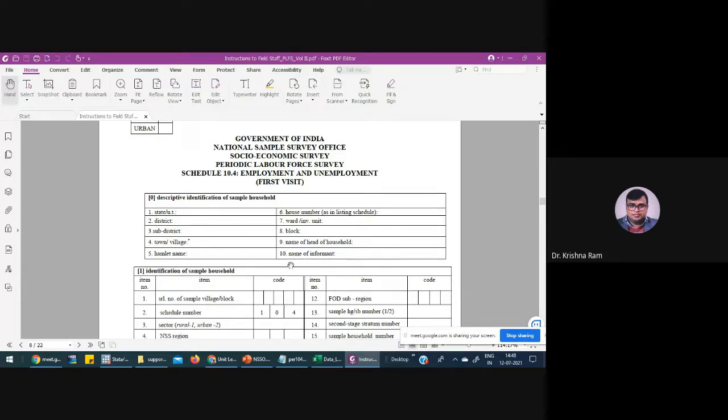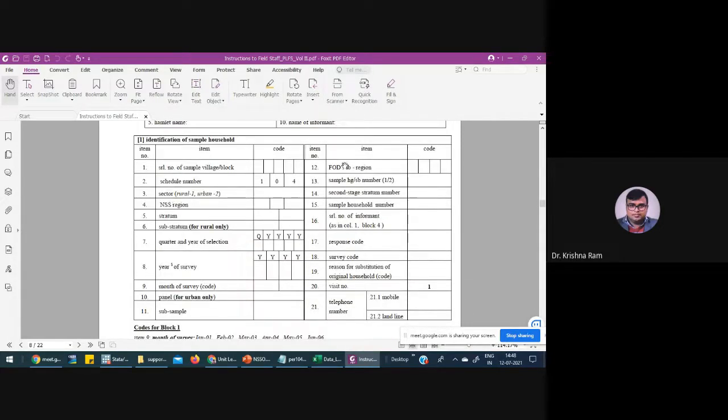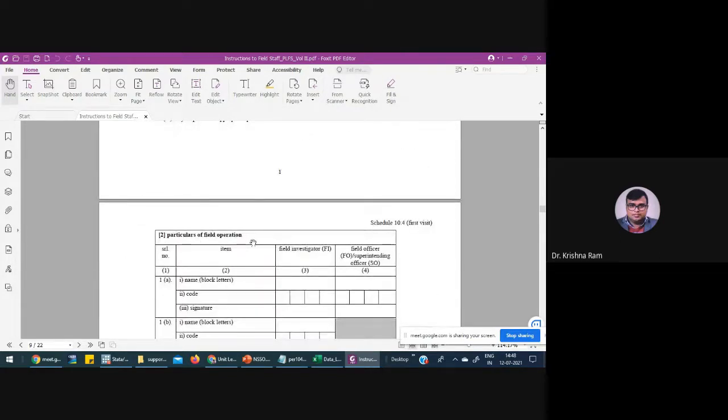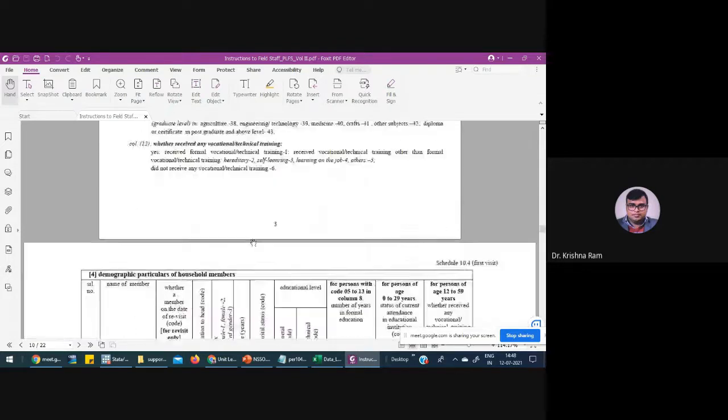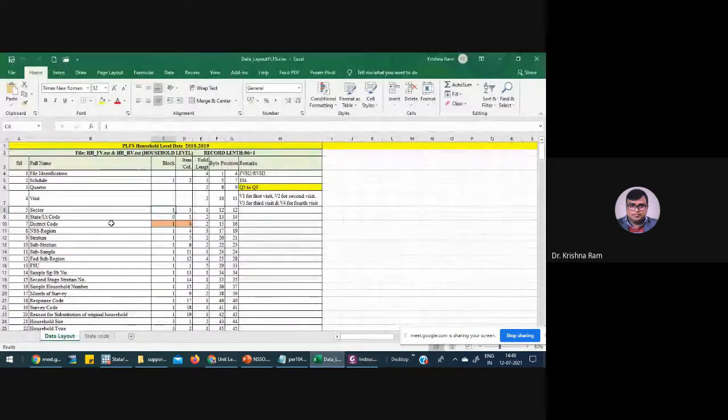In identification of sample household, again we see there are many questions. Codes are given below, then particulars of field operation, and so on. So you'll find many pieces of information here, demographic particulars of the household. Since we are trying to understand the layout file, let's open that layout file again. Okay. So in the layout file,